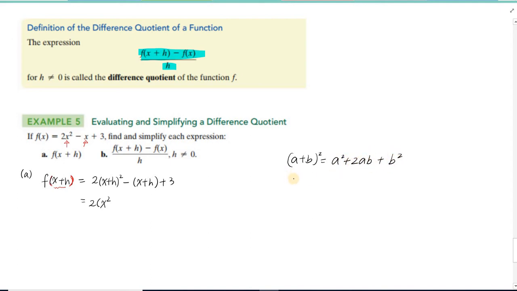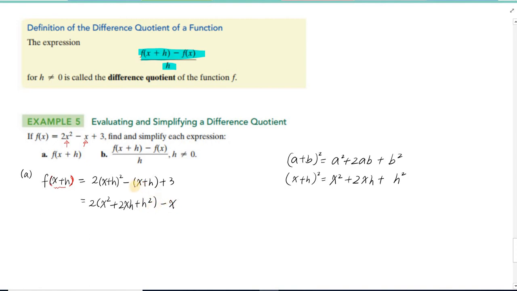Okay, so here we had x plus h. I can just treat this as your x. That will be x squared plus 2 times xh plus h squared. Again, you can use the FOIL method to do this. So I'm going to write it down. That will be x squared plus 2xh plus h squared